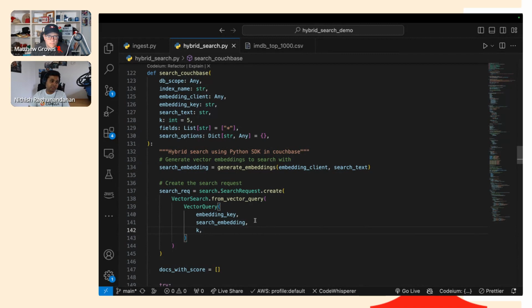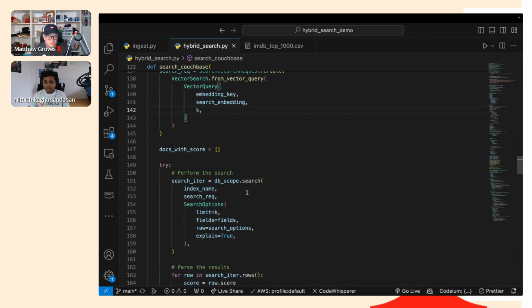So in this case, it would be your overview embeddings. And then the search embedding is your actual vector that you're searching for. In this case, I'm generating it using OpenAI. And you specify how many closest neighbors you want, or how many documents are close to your search query.